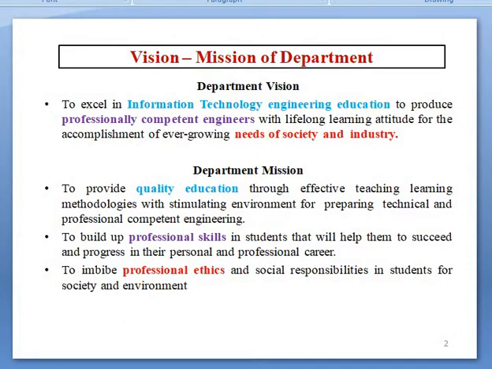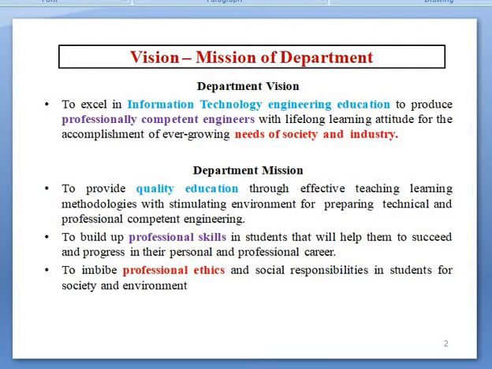Here is the vision and mission of the department. Departmental vision statement: to excel in information technology engineering education to produce professionally competent engineers with a lifelong learning attitude for the accomplishment of the ever-growing needs of society and industry.